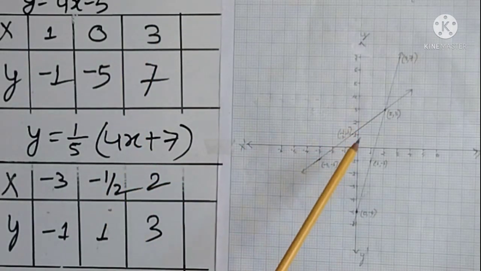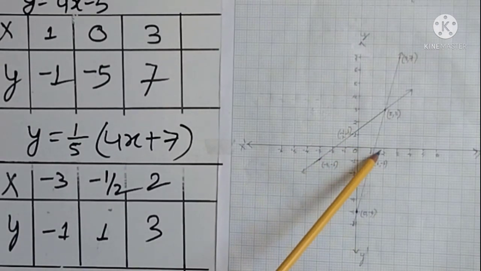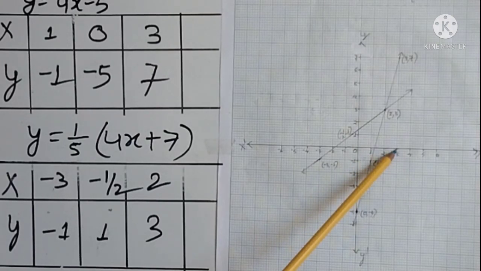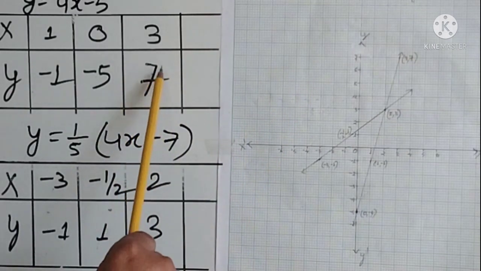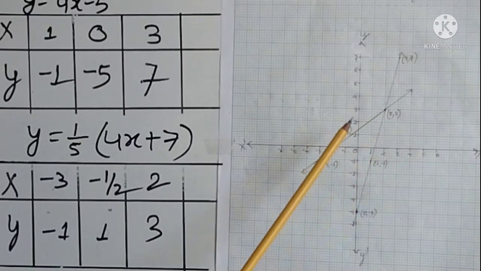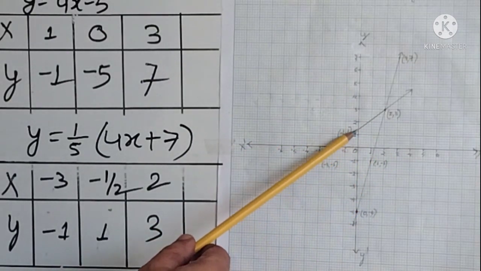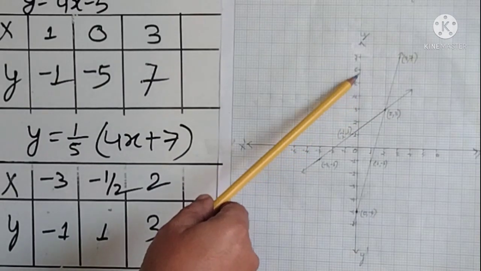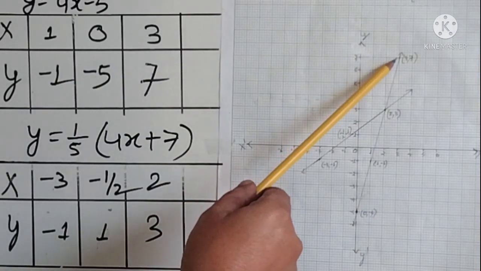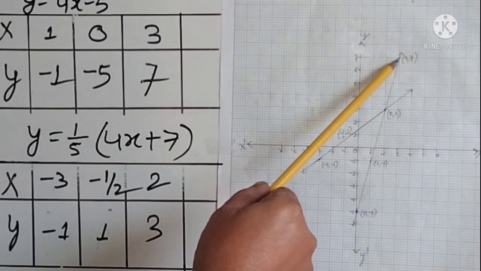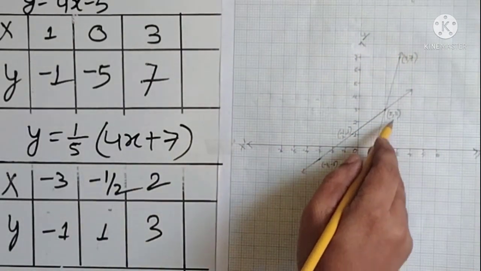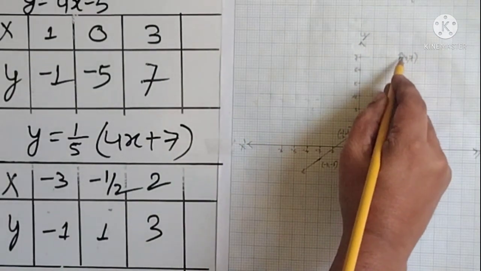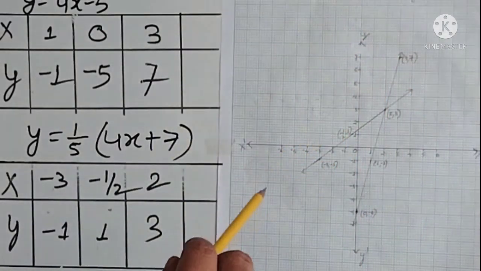Next, when x is 3, y is 7. So where the abscissa, the x coordinate, is 3. So where is 3? 0, 1, 2 and 3. So here is 3, y is 7. That means the y coordinate, your ordinate, is 7. So from here, where is 7? You have to look over here. 1, 2, 3, 4, 5, 6, 7. So from here you will come over here, and this is the point. Make a point over here, where abscissa is 3 and y is 7. So this is your (3, 7).